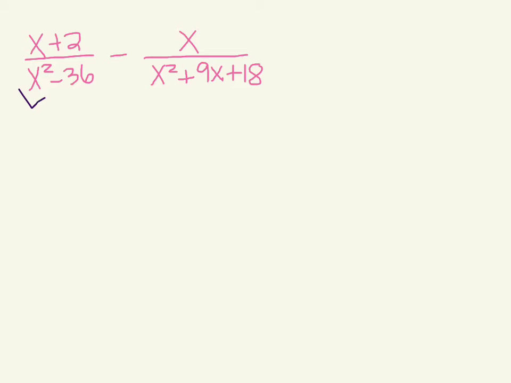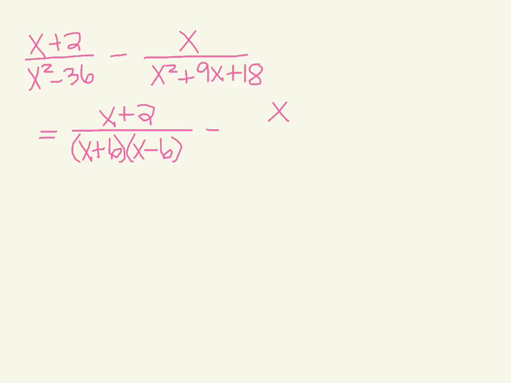So notice right here that this is the same thing as x squared minus 6 squared, which means it's a difference of squares. And for this one, I can probably factor it into x plus 6 times x plus 3, right? 6 times 3 is 18, and 6 plus 3 is 9. Okay, so now let's go ahead and take all of those facts and rewrite this problem. So we're going to get x plus 2 over, well, since x squared minus 36 is x squared minus 6 squared, that gives us x plus 6 times x minus 6, because it's a difference of squares,